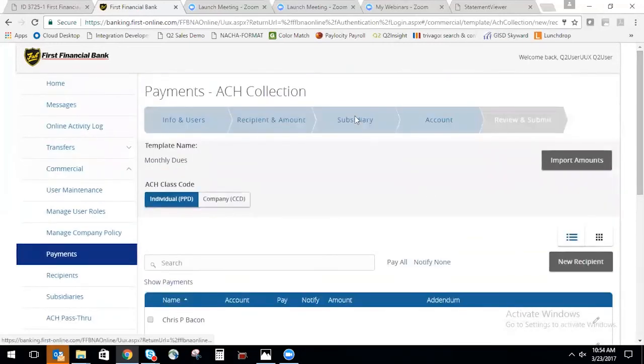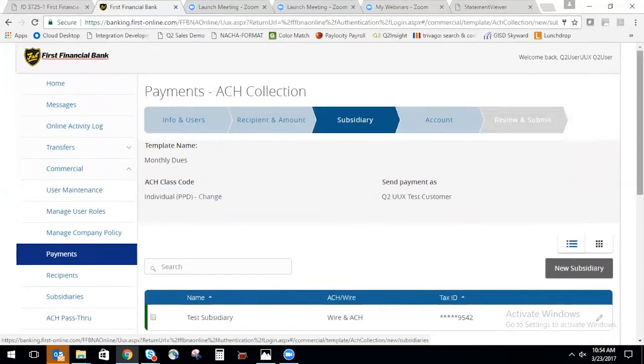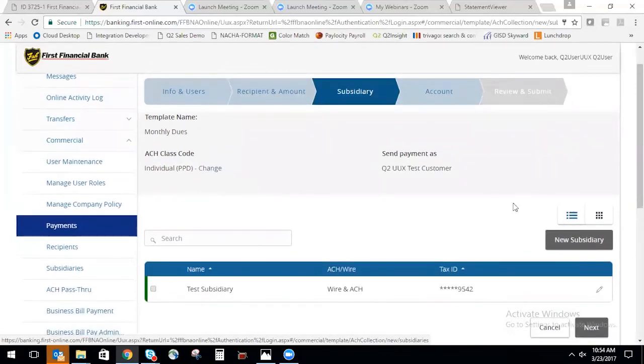So now I'll click on subsidiary, and I'd like to first explain what a subsidiary is. If in fact you have multiple companies of your corporation, if you are a larger company, then each sub-company has its own company name and tax ID. So if you need to send out payroll for a company that has to designate their own name and tax ID in the header record of the ACH file, this is how you would do that. So you would select the subsidiary